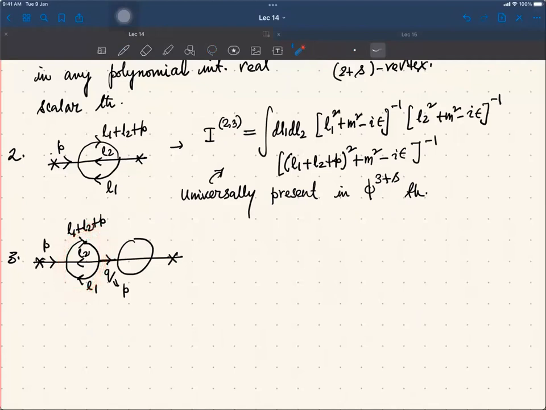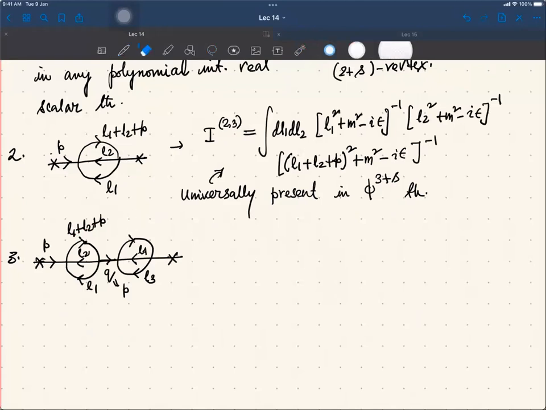If at each vertex you preserve momentum conservation, then P will come out. So that is an internal momentum which is at tree level, and therefore gets fixed uniquely by the external momentum P. And then let me call this L3, L4,